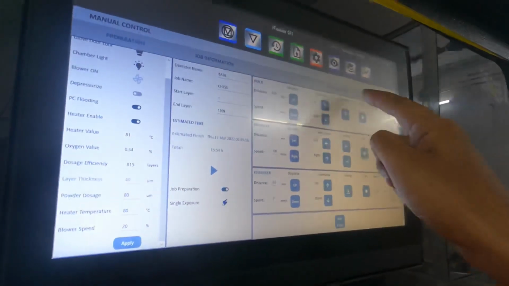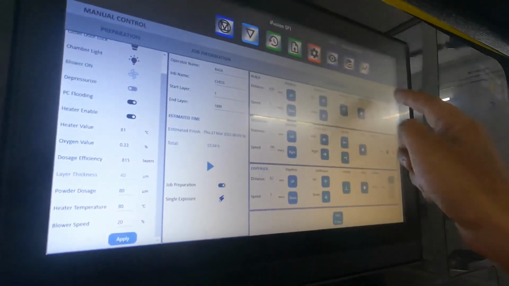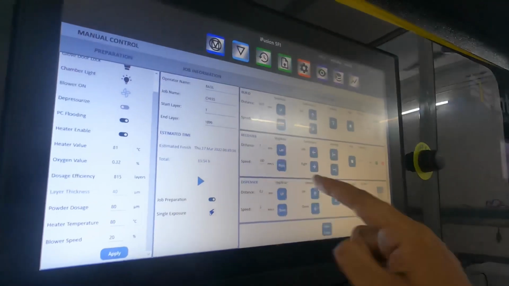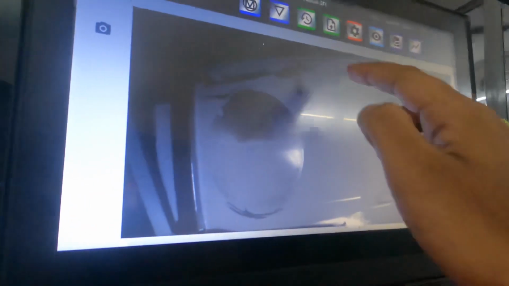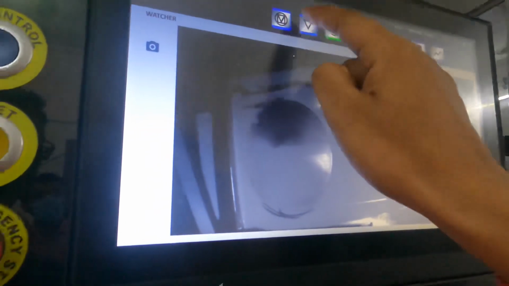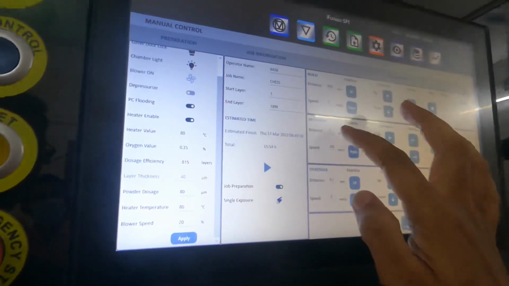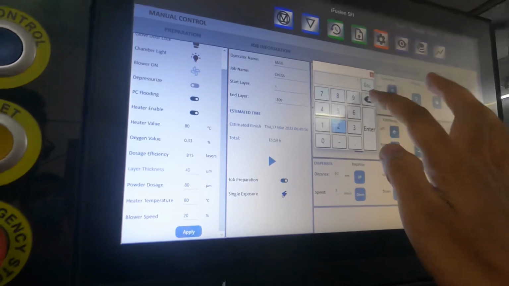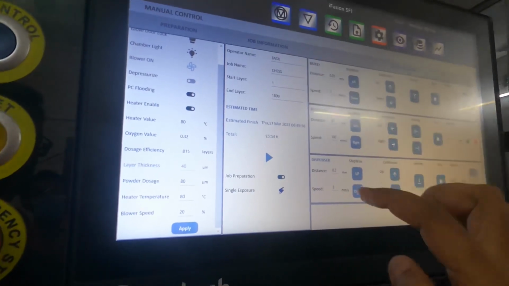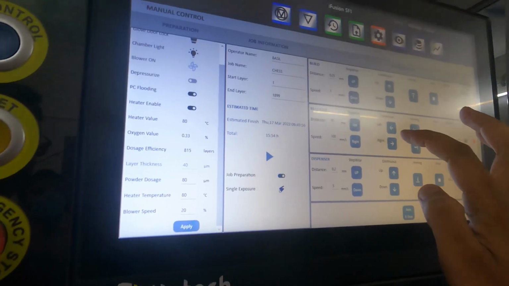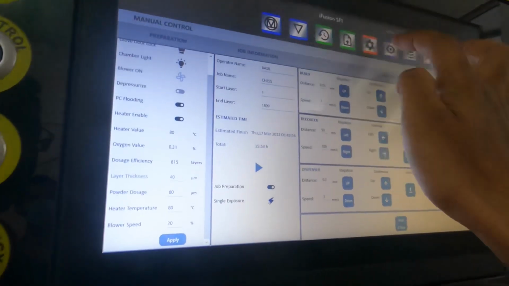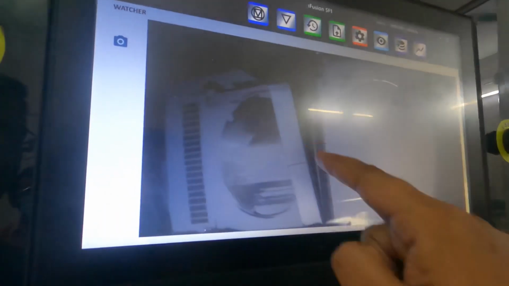This is the build section movement control, and this is the recoater. Let me move it and see. So you can see this is the recoater.